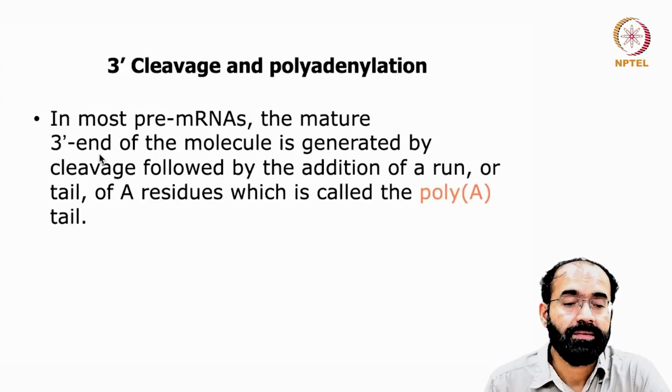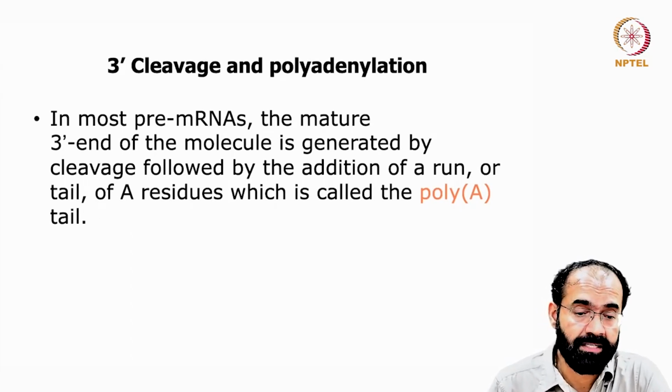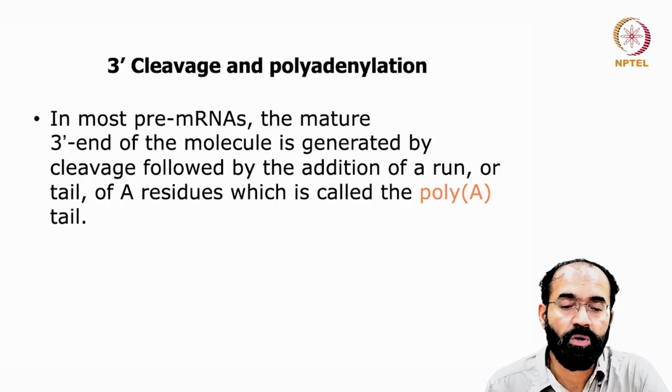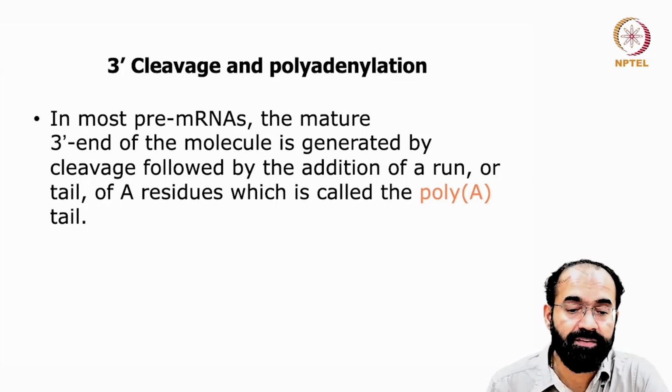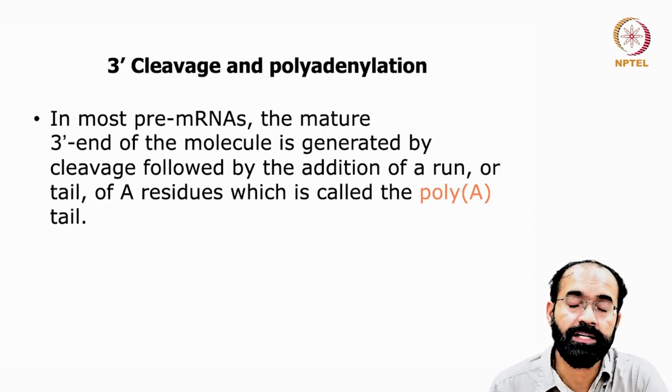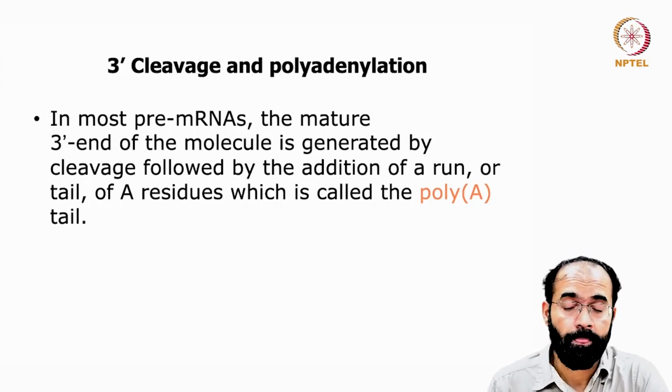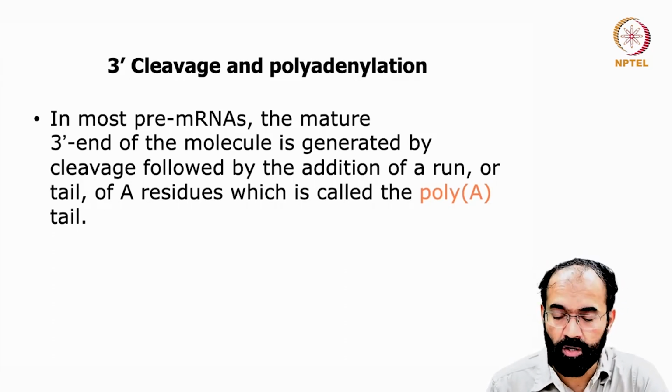So now comes the 3' end cleavage and the polyadenylation. In most pre-mRNAs, the mature 3' end of the molecule is generated by cleavage followed by addition of a run or a tail. Run means the same sequence is being repeated, and a tail means again it doesn't have any complex structure, it is A, it will continue. It is called a poly A tail or poly A track, that is added by a unique enzyme called poly